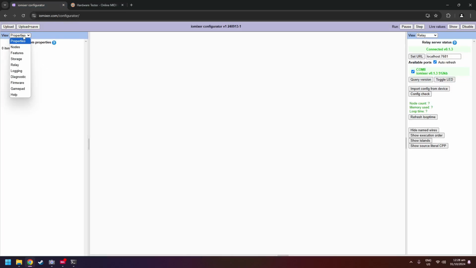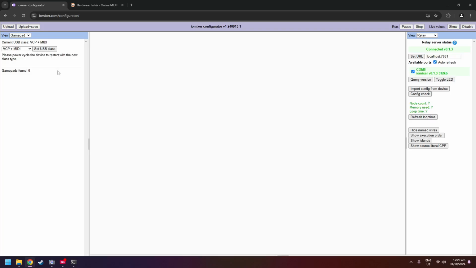We need to tell it to be a MIDI device, so we do that. Currently it's under the gamepad panel. The names and locations of some of these things may change in future, but the way it is at the moment, it's in the gamepad panel, and we need to select what the USB class should be. At the moment it's just a virtual COM port, but we want it to be virtual COM port and MIDI, so we'll select that one